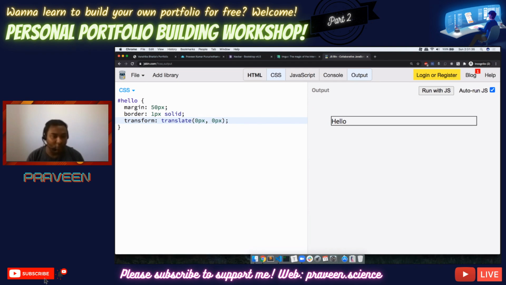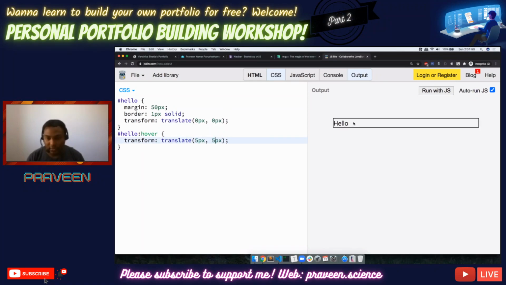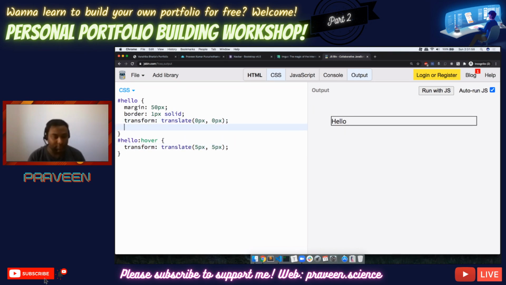Okay, let's do this. The moment I hover on hello, I want to do a transform translate of 5 pixels, 5 pixels. Okay, look at this. This is what translate does. And if you want this whole thing to be smooth, there is something called transition.